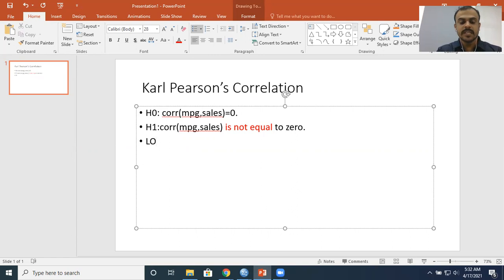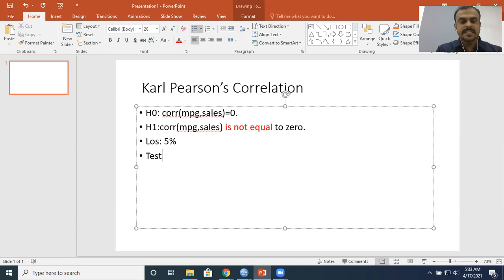Then I'll have to move on to the third step, which is my level of significance, right? Which I'm going to set as 5% or 0.05. Remember, when you are setting the level of significance as 5%, the confidence with which you'll be reporting your result is 100 minus 5, which is 95%, right? We have already discussed that either you can choose 1% as your level of significance, or 5%, or 10%. There are other choices as well as 20% and 25%, not popularly used. Popularly used measures are either 1%, 5%, or 10%.